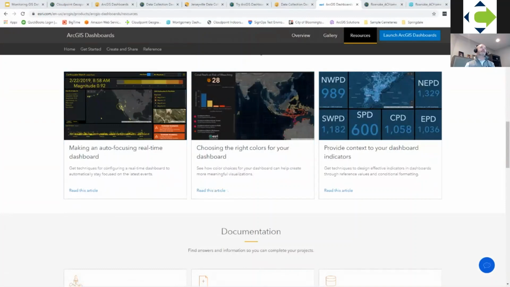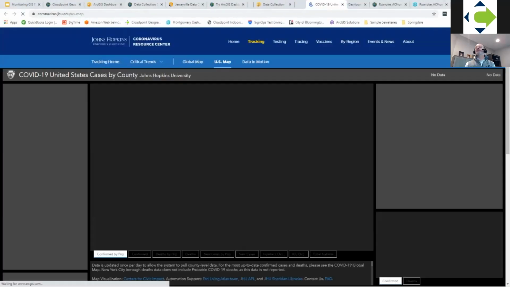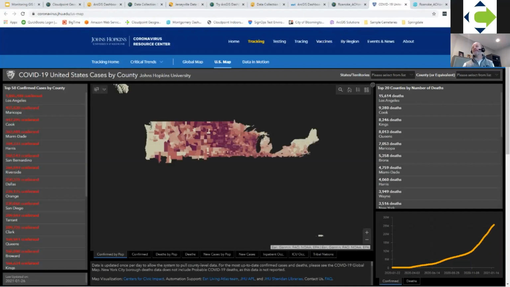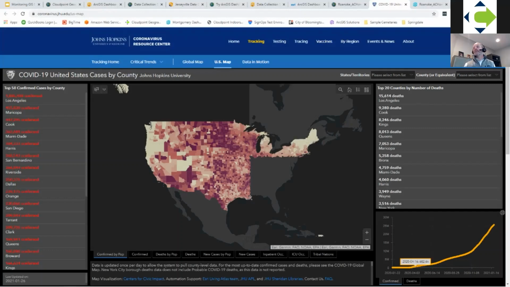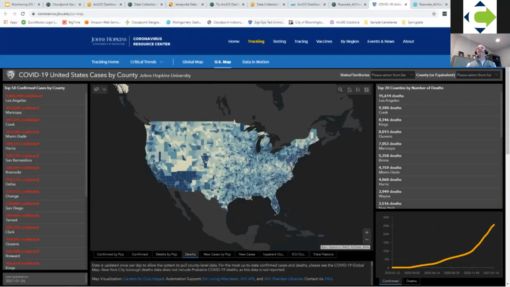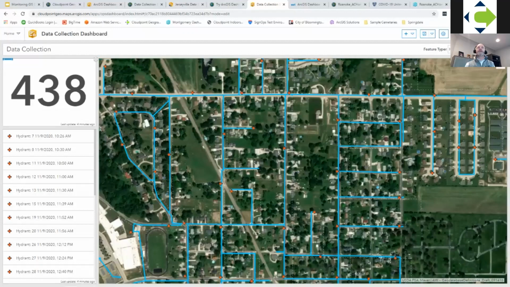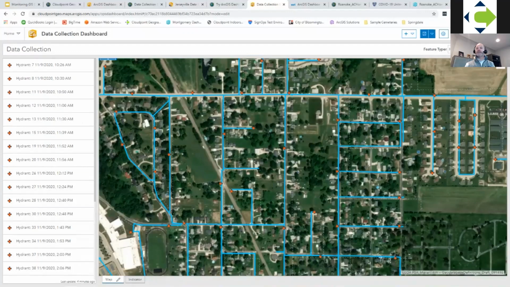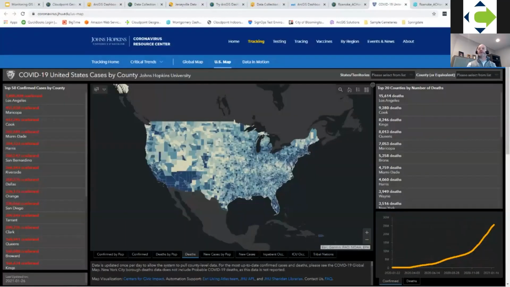Here's one I always like, and I've looked at this one not as much anymore as I used to, but certainly the COVID dashboard here, which is kind of cool to see actively, number of cases. You can see how they've increased over time on the chart. And again, having these different tabs, this is kind of fun to see. And the way you do that, just real quickly, is you use the function. If you drag this and hover over the middle of it, it says stack the items. Then now you have tabs down here and they're stacked. So that's a little hint for you there on a helpful tool to be able to stack different things in